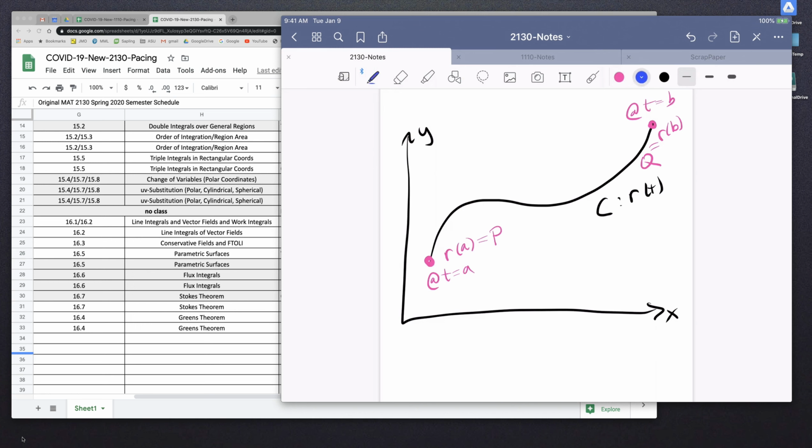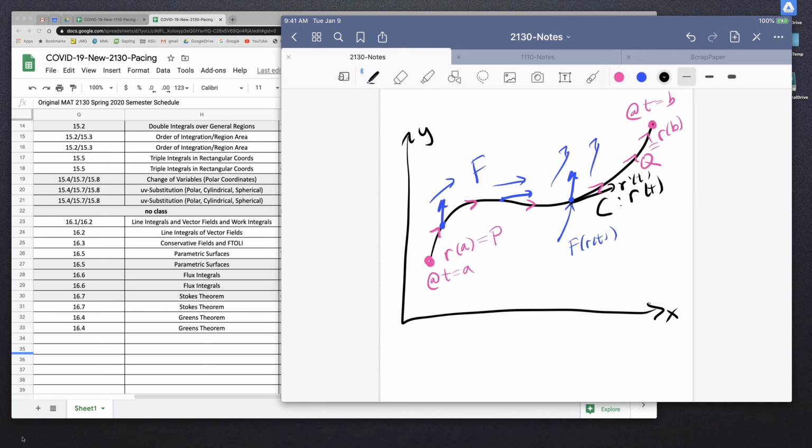And then if we have a vector field here, specifically the vector field along the curve, so here we have the vector field, and here we have the vector field along the curve, and here we have r prime of t. If you wanted to evaluate the work as you're moving along this curve from t equal to a to t equal to b,